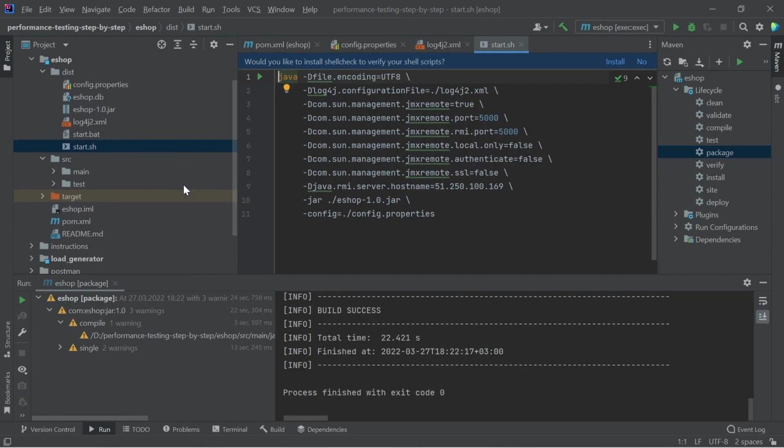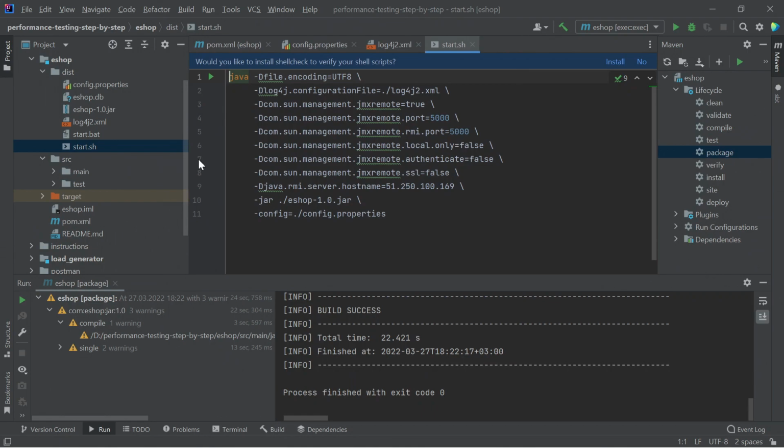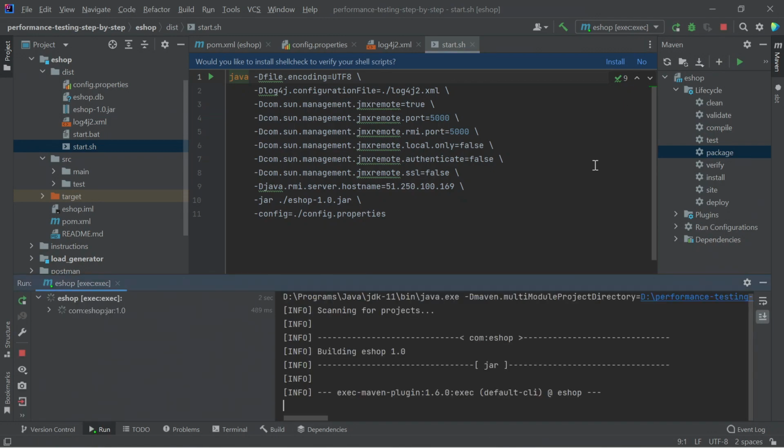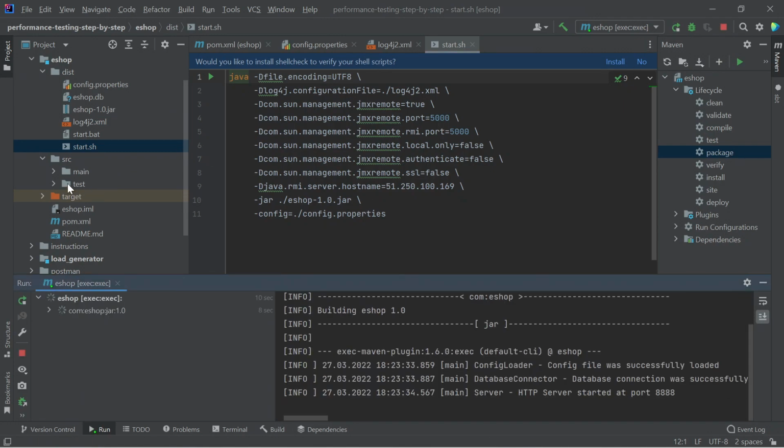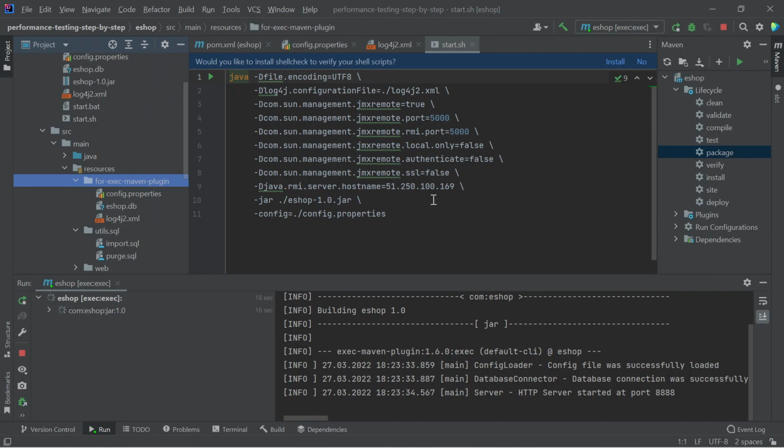Now let's launch an online store and go to its web interface. To do this, run the exec task for execution. It is necessary to find out the port on which the online store will accept our requests.